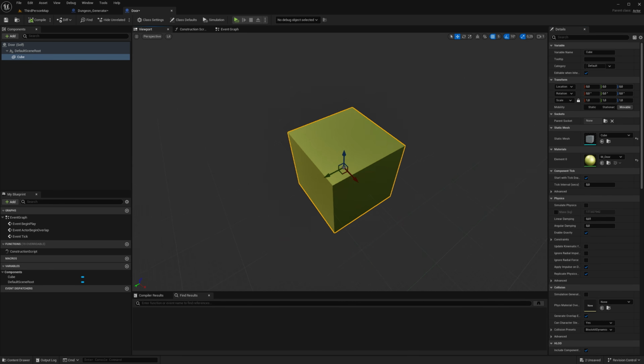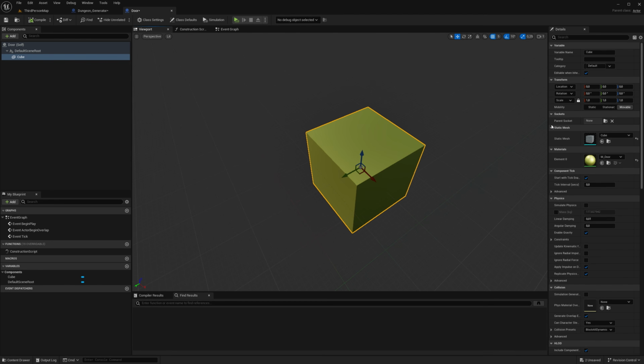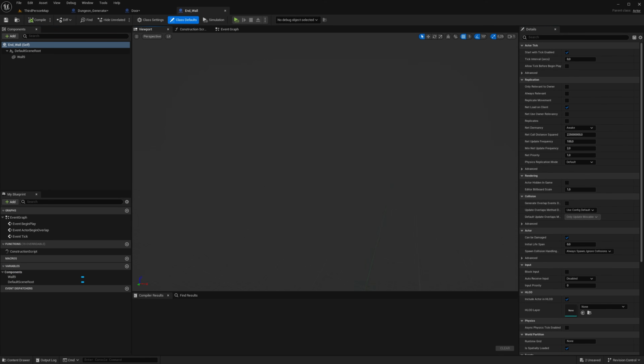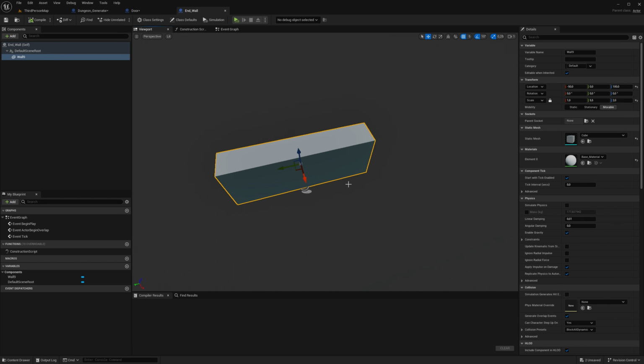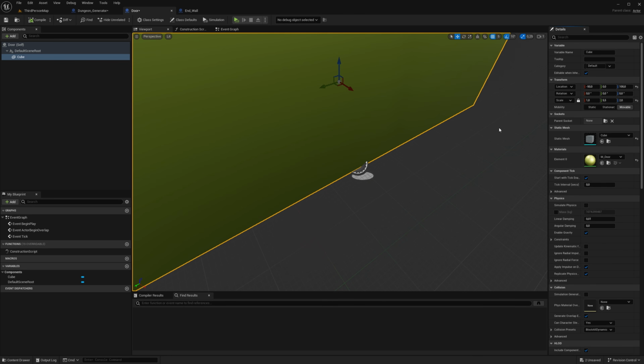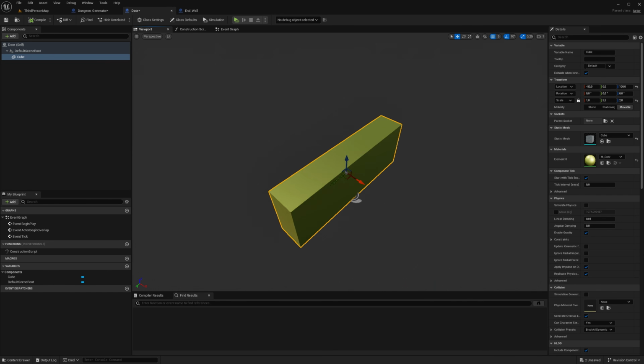We can scale this up. So which way do we scale it? That's a good question. We can go to the end wall because it's using the same system. Right, we can see here the end wall has these parameters. Can we just copy all properties? So we get the transform, rotation and scale. Can we just plug it in here? Paste. Alright, so now it's exactly like the end wall.